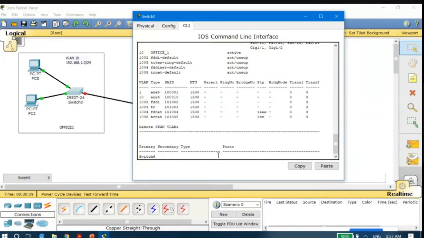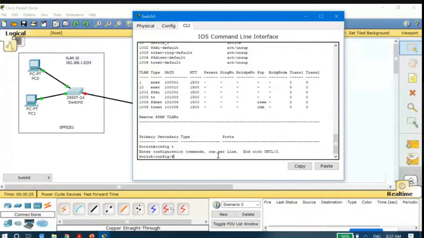In the switch prompt, again, you have to type config T. Once you have typed config T, we have to select the different interfaces and enable them. If you could recall, in this network we are using FastEthernet 0/1, FastEthernet 0/2, FastEthernet 0/3. These are the three ports that we are using. We will only be configuring those three ports. The other ports we are not using at all.